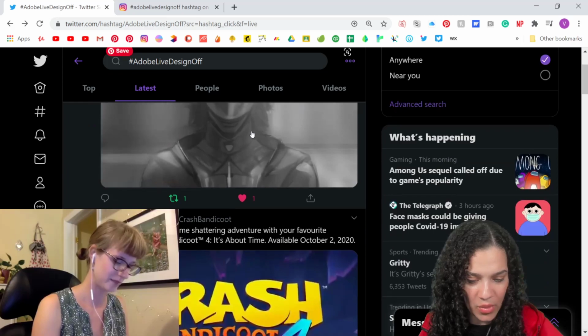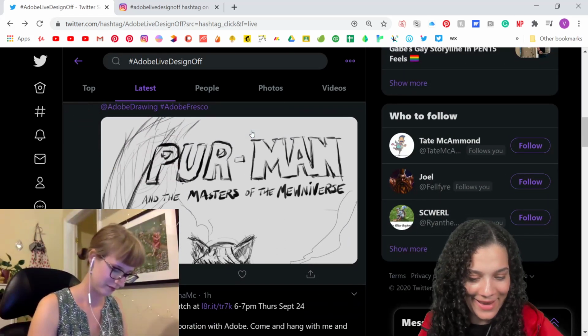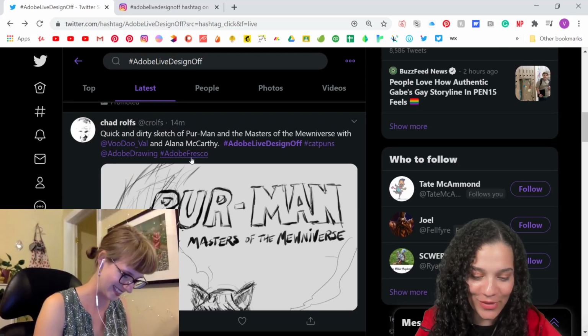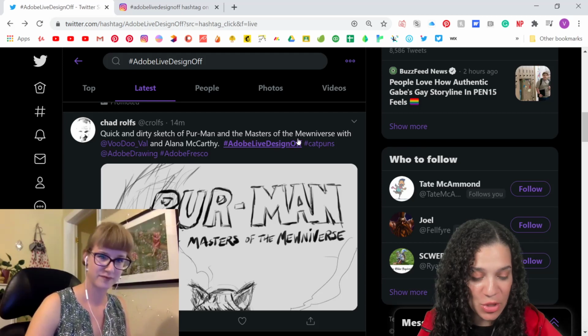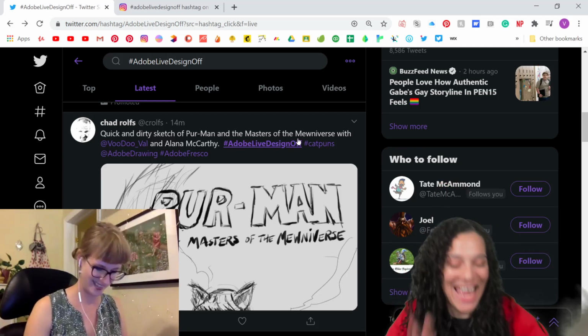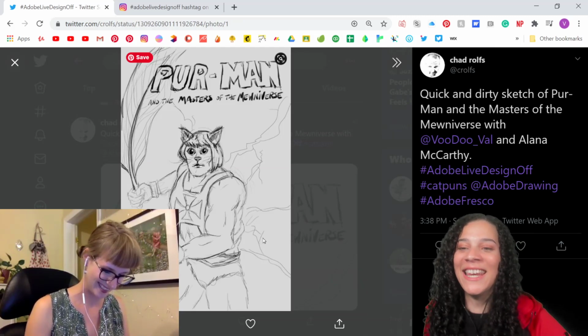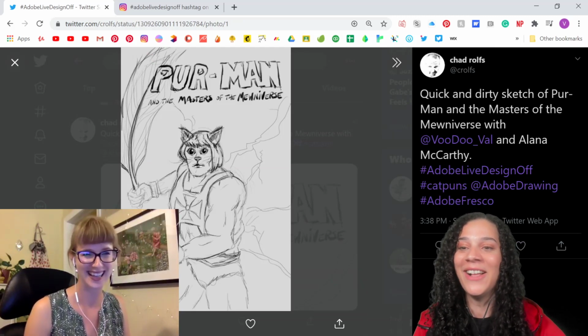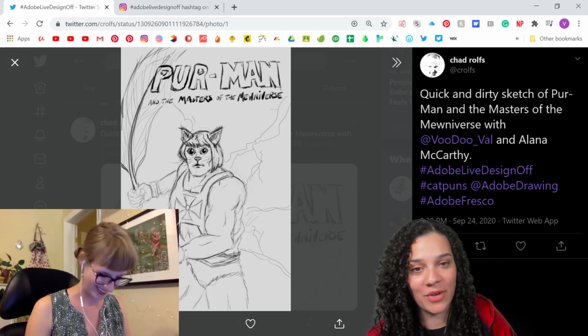And then, nice, we have an ad for Crash Bandicoot, which I'm totally okay with. And then Chad Rolfs, the man, says, quick and dirty sketch of Per-Man and the Masters of the Muniverse. Ah, nice. Oh my gosh, he's so ripped. He's such a buff cat. Oh yes, Per-Man and the Masters of the Muniverse.